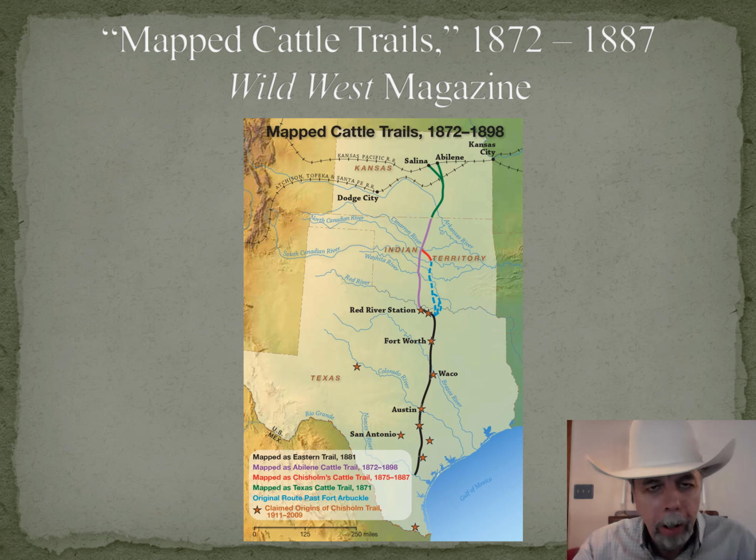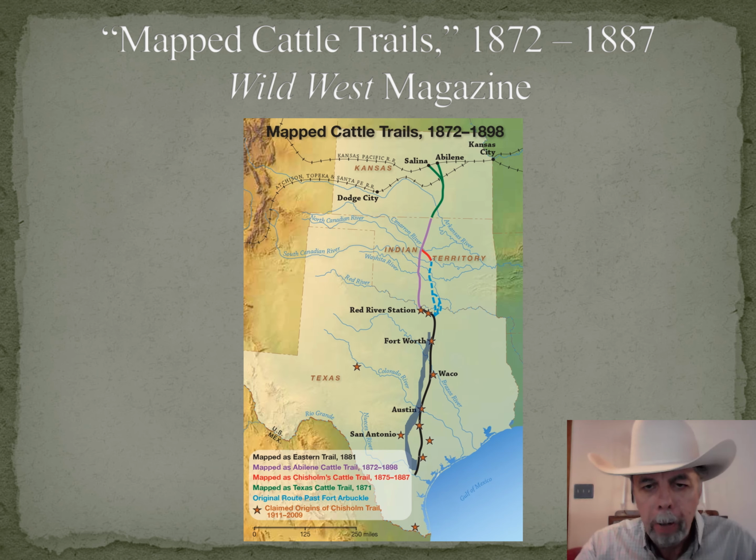I worked with an artist at Wild West magazine to produce this map to accompany a Chisholm Trail article that appeared in Wild West. This map shows the main cattle trail that we've been discussing in this presentation through Texas past Red River Station to Abilene, Kansas, as it was mapped during its period of use by official entities. So let's take a closer look. We have already seen that the trail